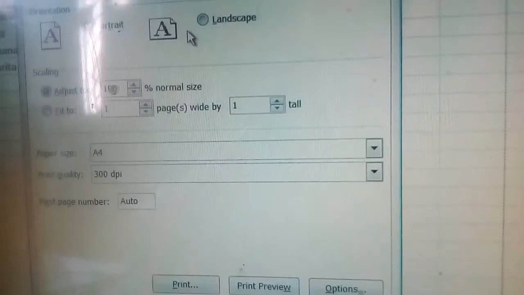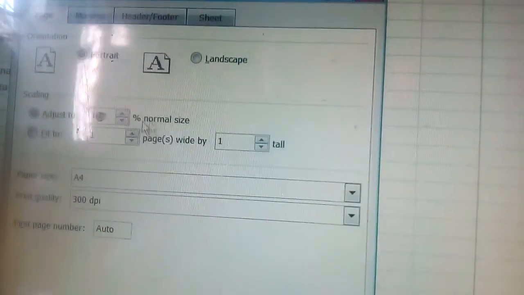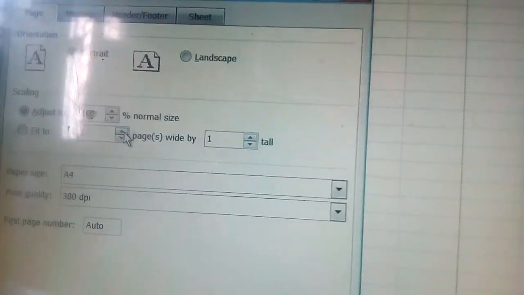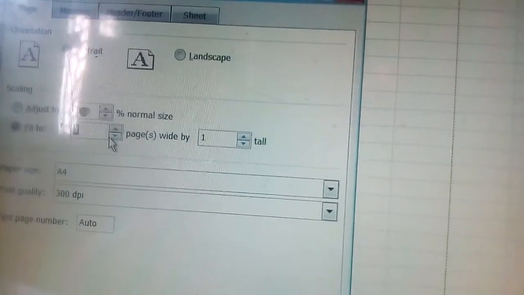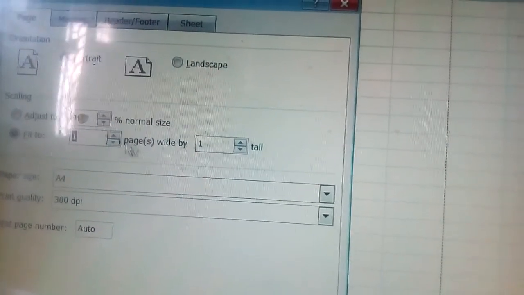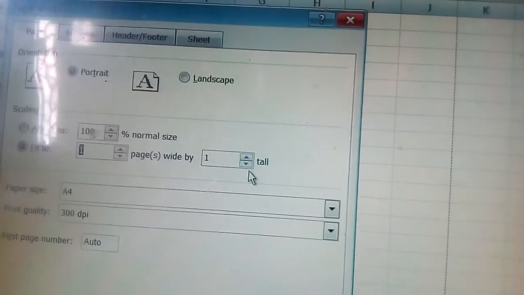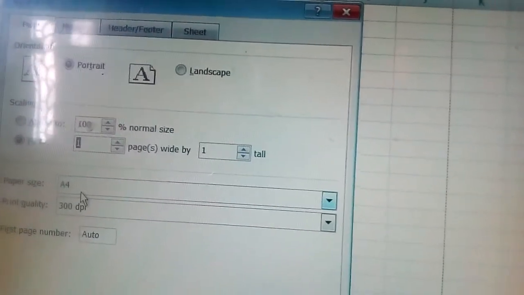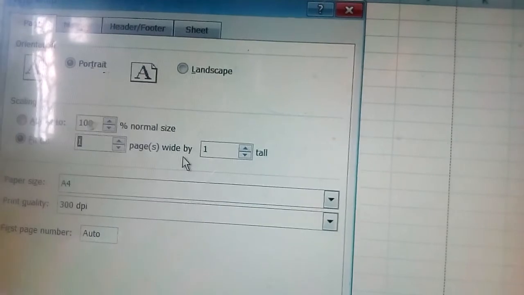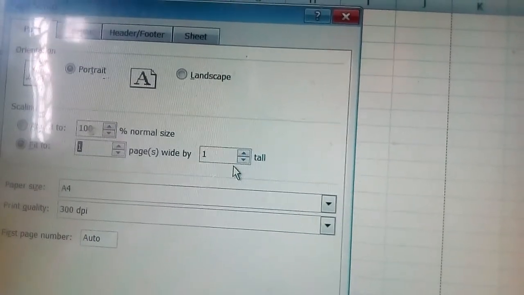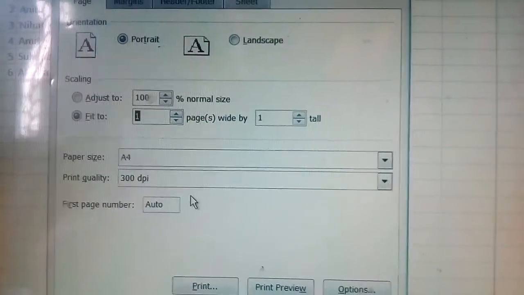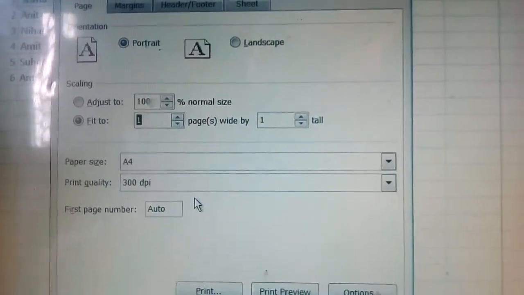Fit to 1 is the default. If you want to change it, you can do that from here. Similarly width also you can increase from here. So this is width and this is tall, that is height. Now paper size, then print quality, which type of print quality you want.